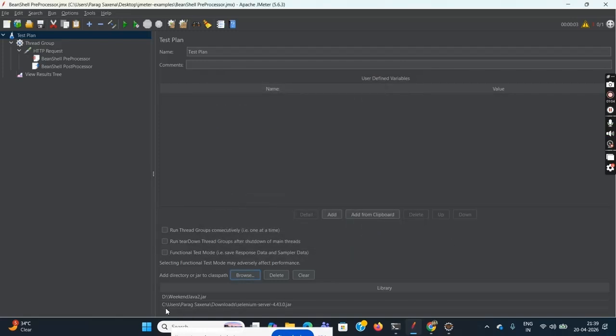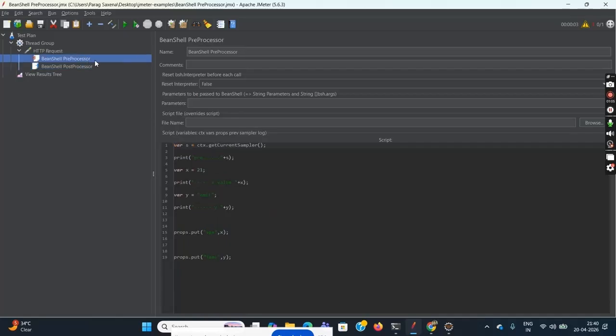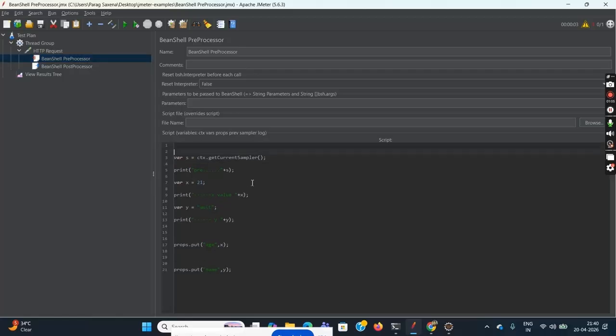So it is added. Okay, it shows line-wise how many libraries have been added. And now when you've downloaded, you can go to, say, a post-processor or pre-processor, whatever you want to do with that. Before handling this request, I want to, for example, open the browser. So now you can just import